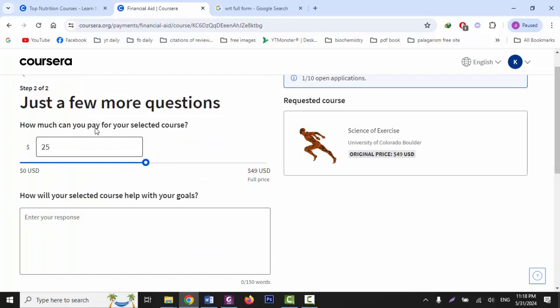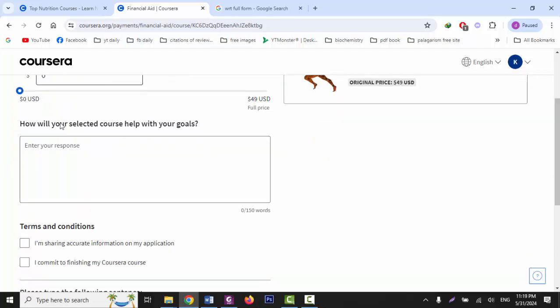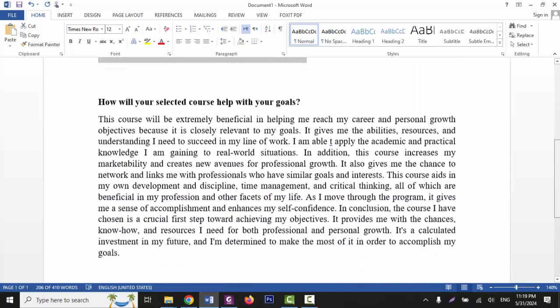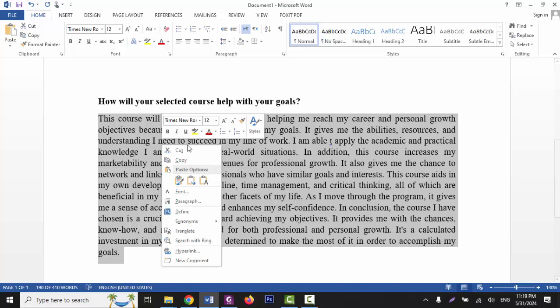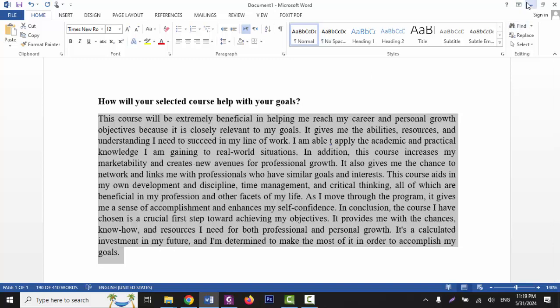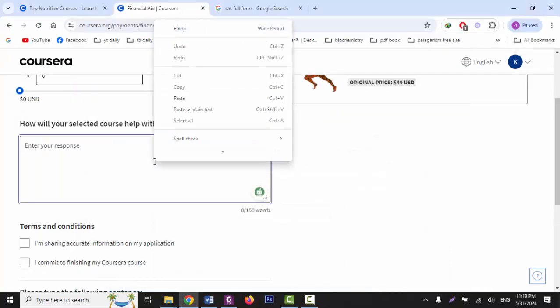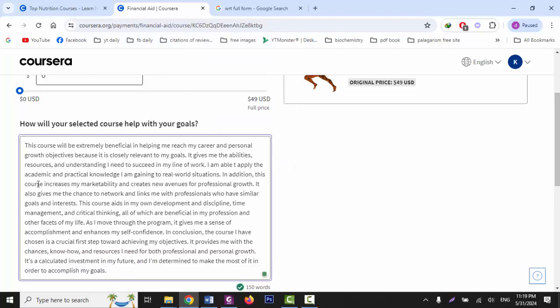Here, how much you pay for your selected course, just keep it 0. How will your selected course help with your goals? So for this section, I have already written a paragraph which you just have to copy and paste there. You just have to copy from here and paste it.